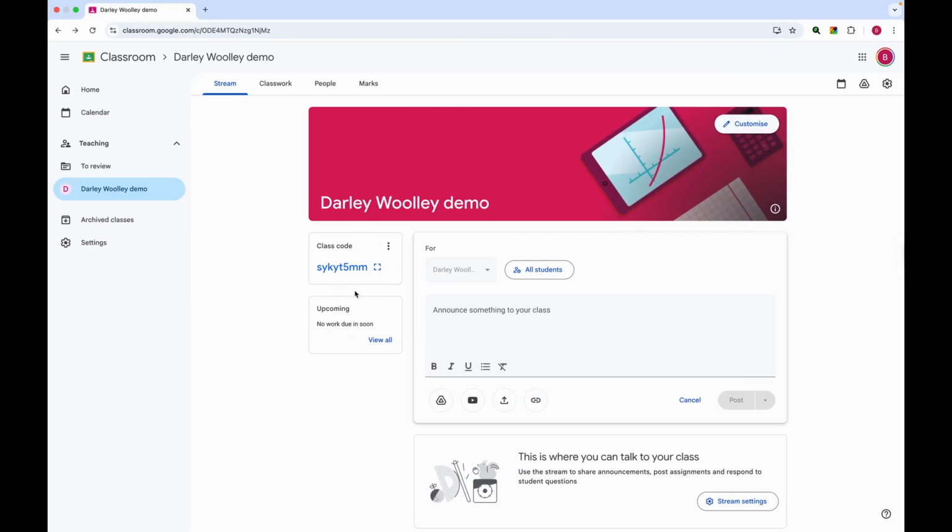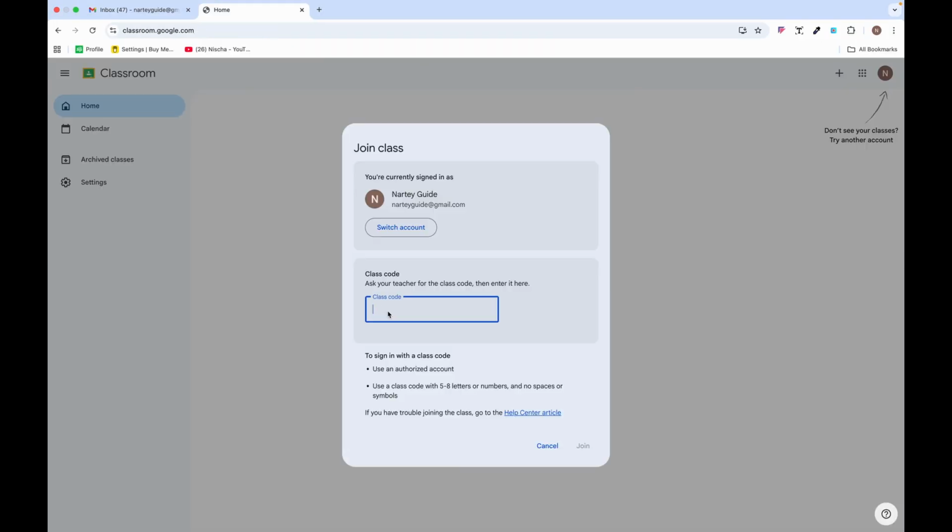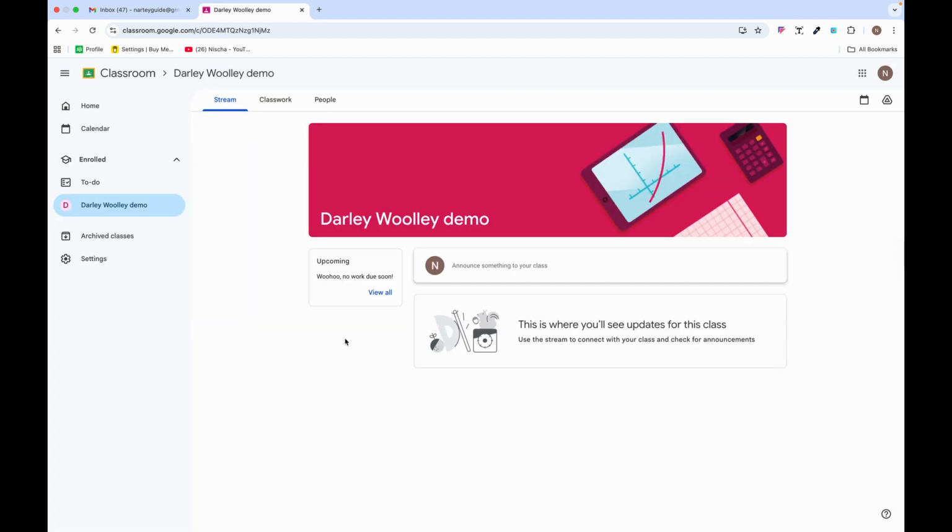I'll go ahead and then copy this code, then head over to class code and paste this. Then click on join. The moment you input the class code, you have access to join this particular class as